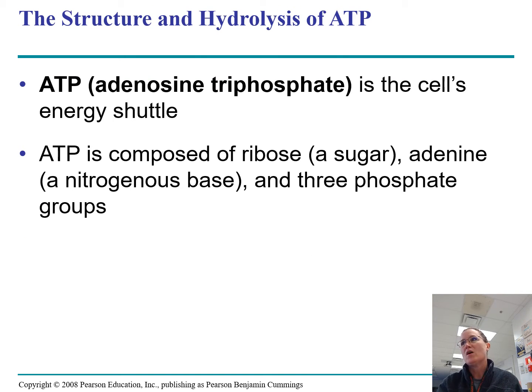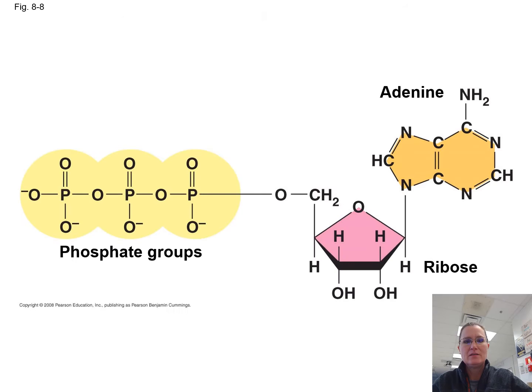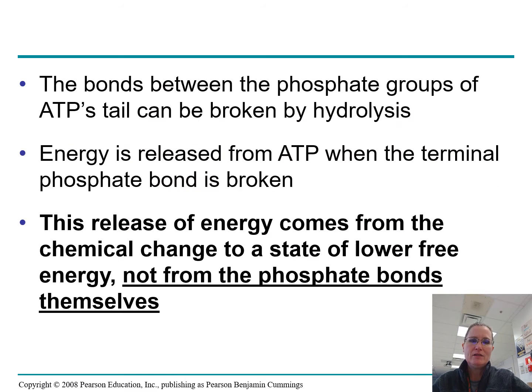And so the big sort of currency, the dollars, the money of our body that we sort of pay things, the currency is ATP. So it's adenosine triphosphate. And so it has a sugar, a nitrogenous base, and 3 phosphate groups. And so if you remember other stuff that we talked about way back at the beginning, we had a sugar, a phosphate, and a nitrogenous base. So these are very closely related to nucleotides. And so we just have a picture. And so if we have this, we have ATP.